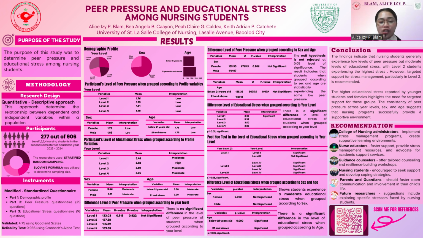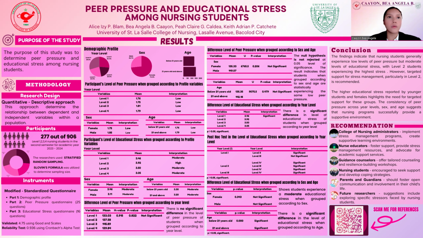The slight variations in peer pressure based on year level, sex, and age suggest that the stimuli of the peer pressure are consistently low. Overall, the data suggests that nursing students are effectively managing peer pressure, thereby minimizing its impact on their educational stress. So for the participants' level of educational stress when grouped according to the profile variables, first